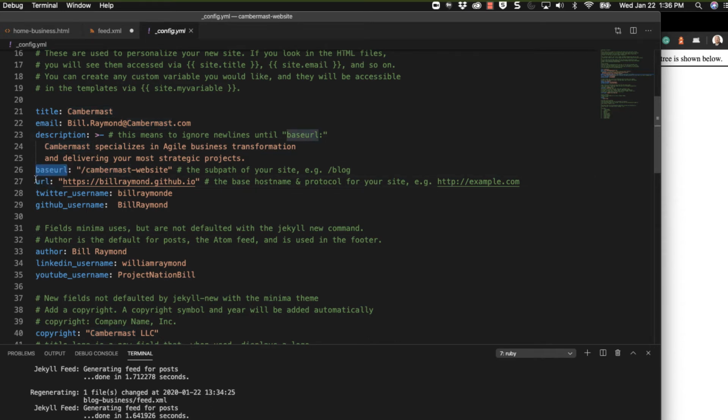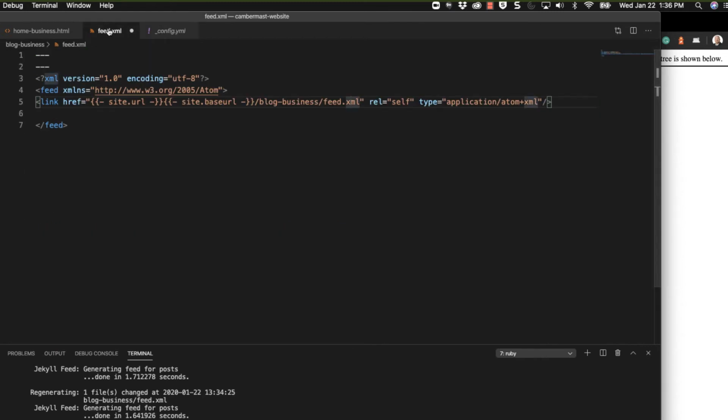It just doesn't say site dot, but it's coming from this config.yaml file. Now, I probably could actually create a variable called blog business, so I don't even have to type that again. But for the time being, I'm just going to leave that as is. Now, that's a link to the